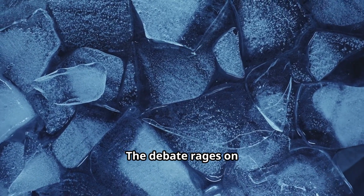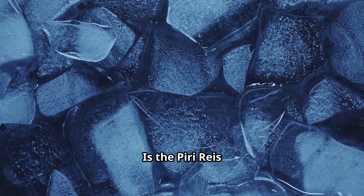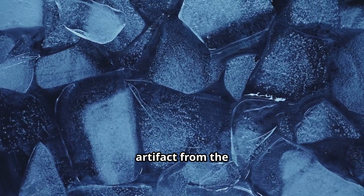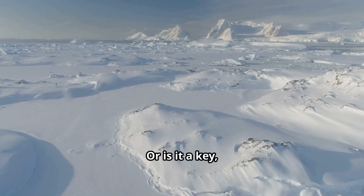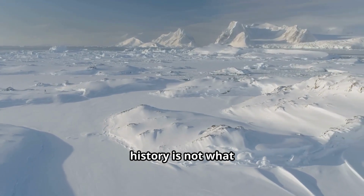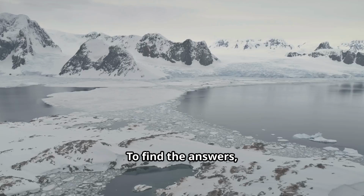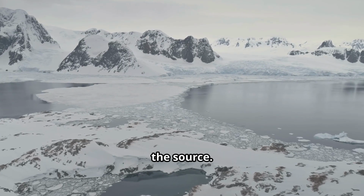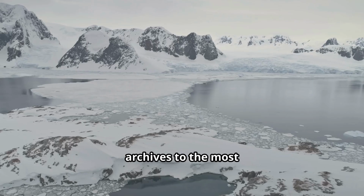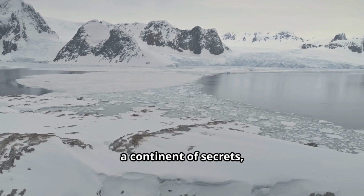The debate rages on in books, documentaries and late-night arguments. Is the Piri Reis Map a simple, misunderstood artifact from the Age of Discovery, or is it a key, a message in a bottle from a lost world telling us that our history is not what we think it is? The map can only tell us so much. To find the answers, we have to go to the source. We must journey from the dusty archives to the most forbidding landscape on our planet, a continent of secrets, frozen